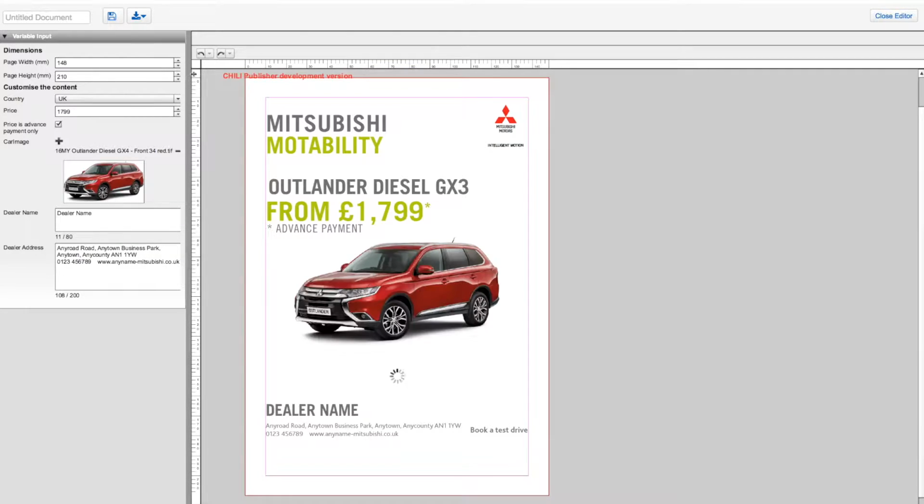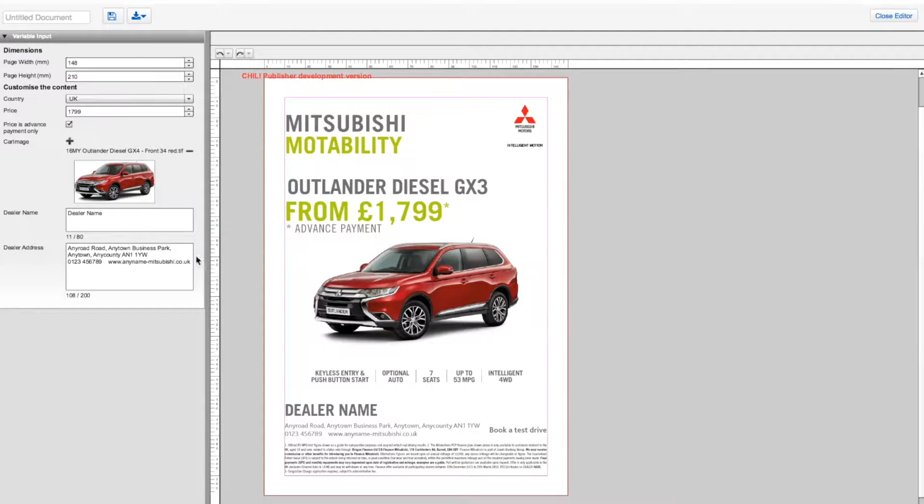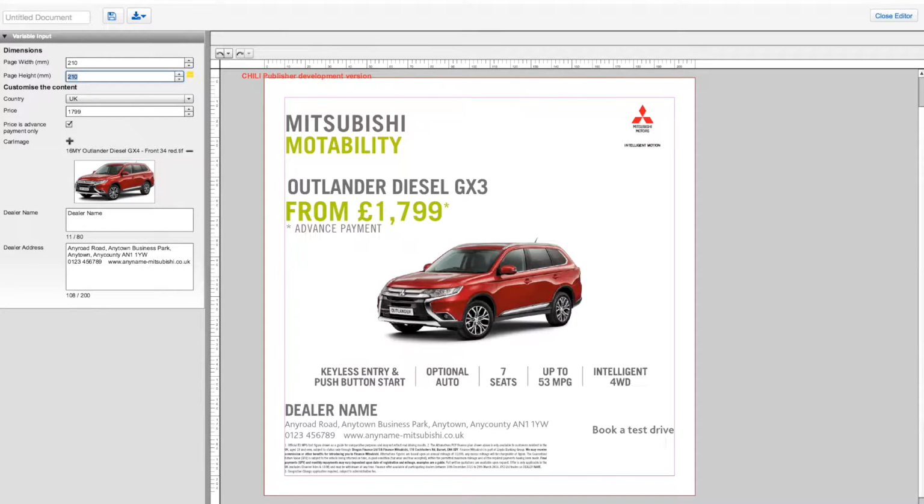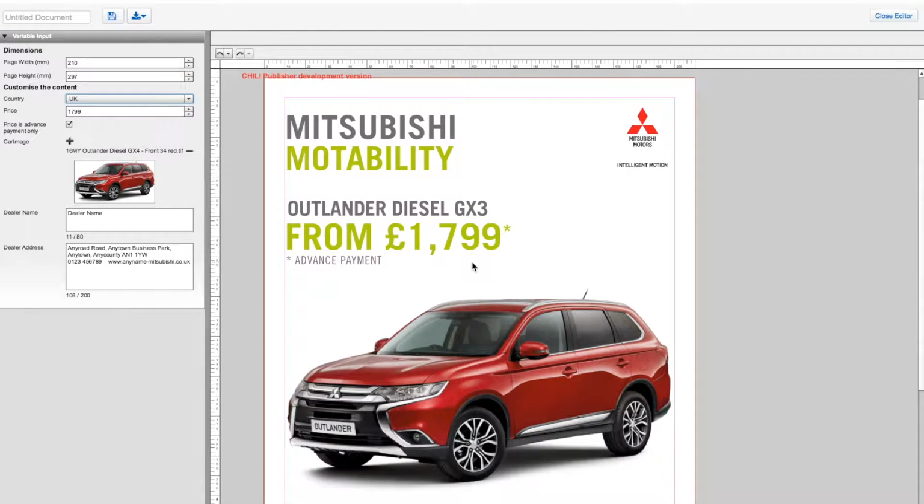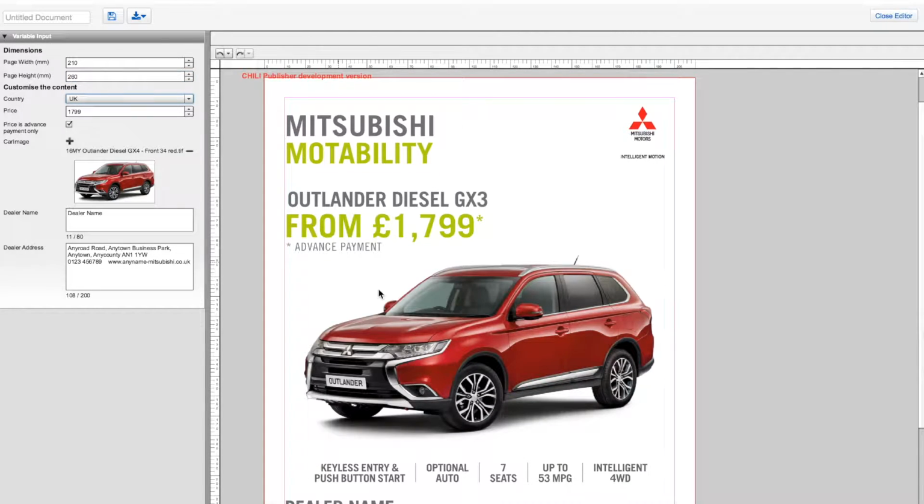So here on the left hand side we can see the different fields that can be edited, and here in the center we have the artwork. So we start off by creating an A4, which is 210 by 297 pixels. We can see that all the different elements have increased in size proportionately and the overall artwork is larger. If we reduce the height to 260 pixels, we can see all the elements have reduced in size and moved